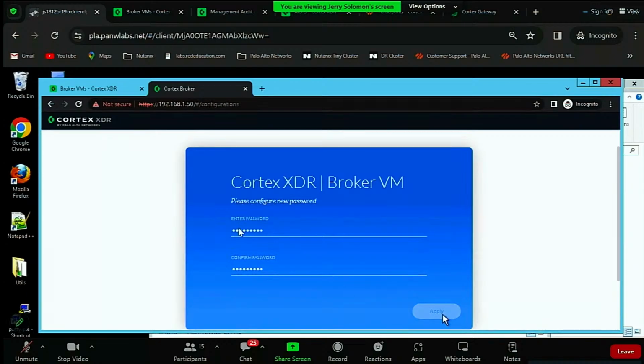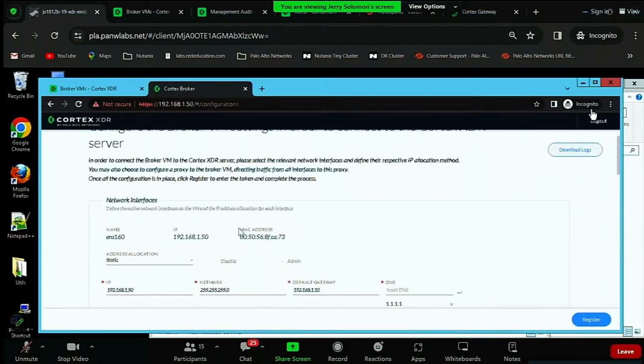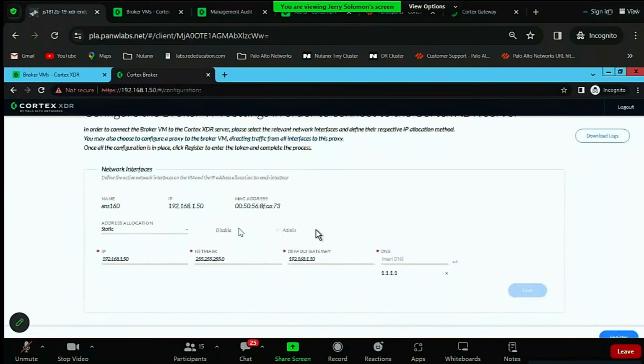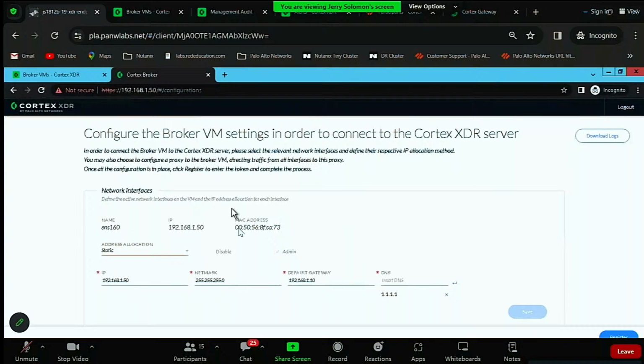And here is the web management interface for the broker VM, which again, we rarely need. But for me, I do need to configure my DNS. I need to configure DNS so I can resolve names to IP addresses, so I can resolve our Cortex XDR tenants. So I'm adding another DNS. Maybe get rid of that one if I needed to. If I needed to configure my default gateway,